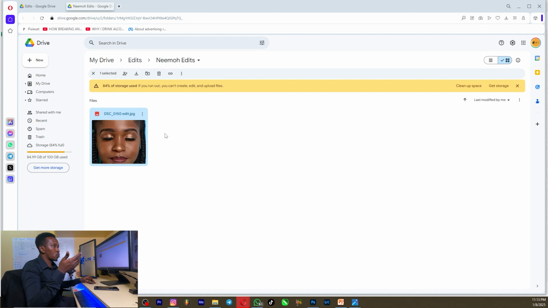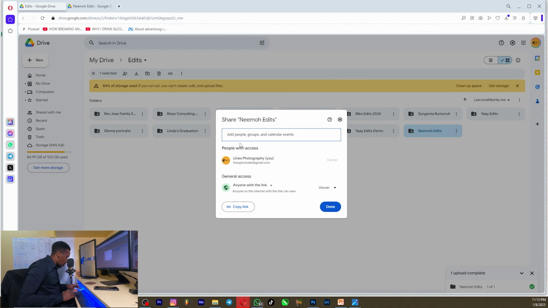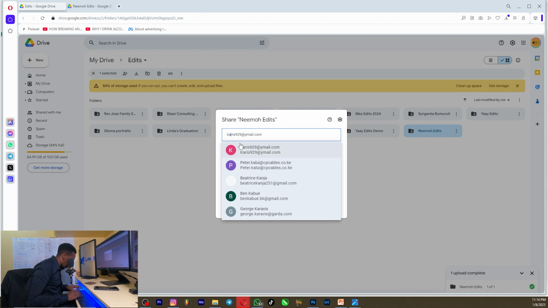That is how you use Google Drive. You can also come here. If the client had given you their email, you can add their email. So just right click, go to share, click on share again. It's going to open a new window. Then you can add someone. So for example, I can add my other name,